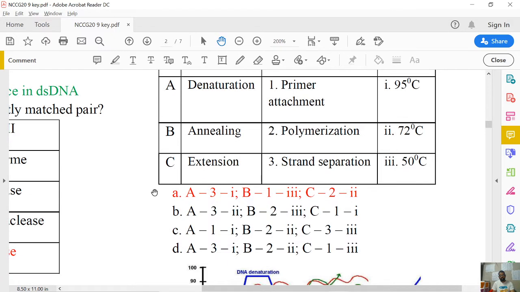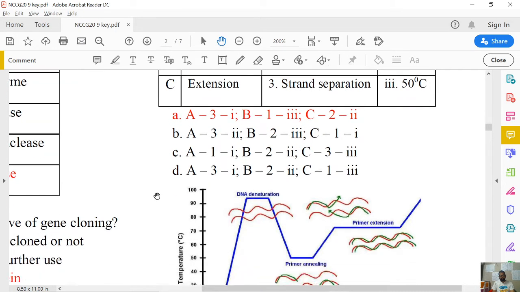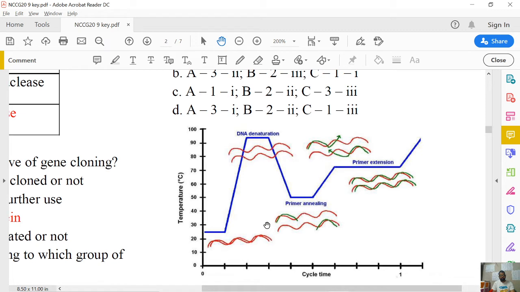So when you look into the cycle of the PCR, one cycle is DNA denaturation, annealing, extension. So from here to here, it is one complete cycle. In the denaturation process, the double stranded DNA is separated from each other. Now this is at higher temperature, so in this graph, it is above 90 degrees Celsius. This temperature actually depends on the length of DNA which you are amplifying and the GC content also.